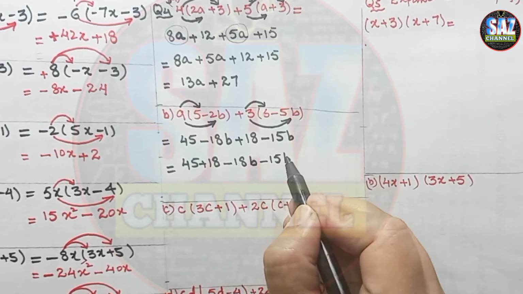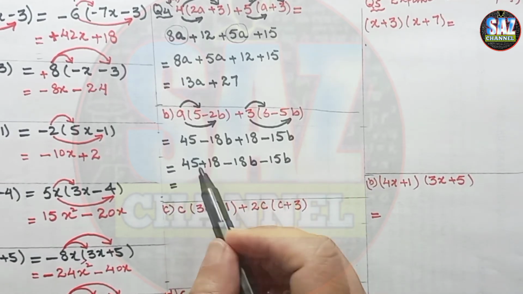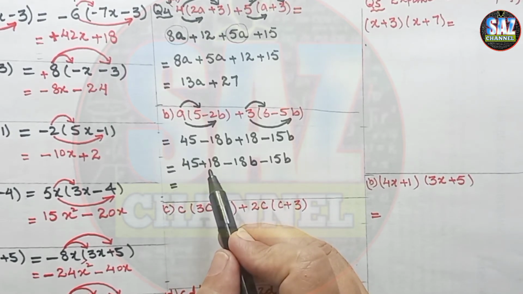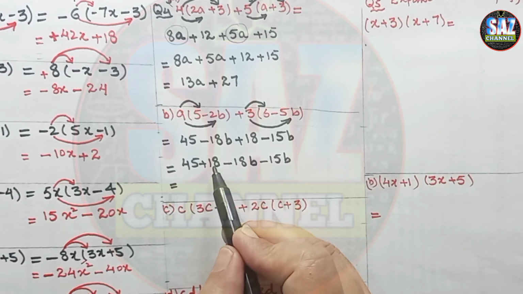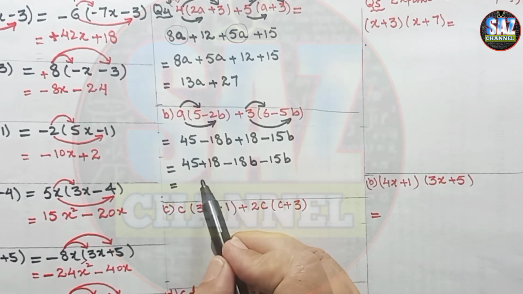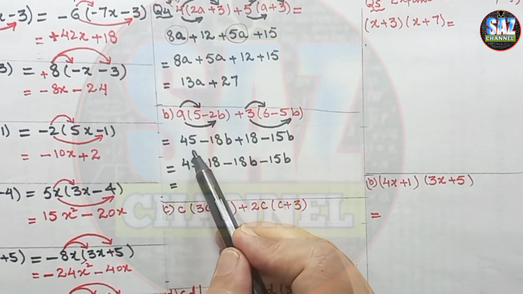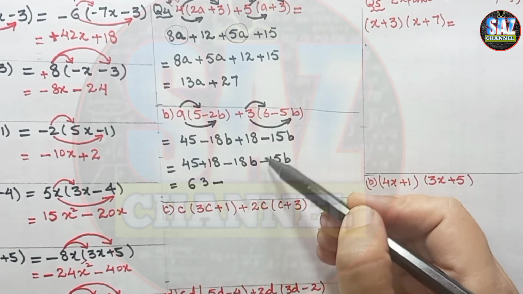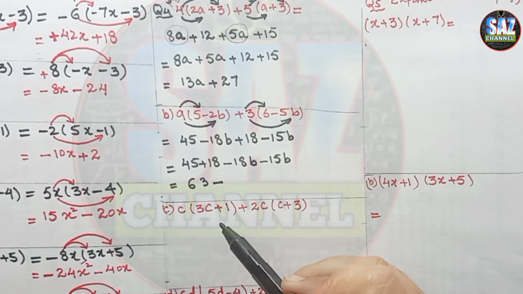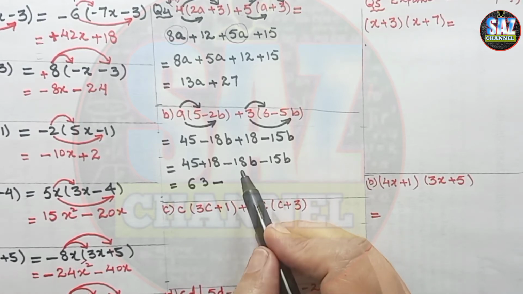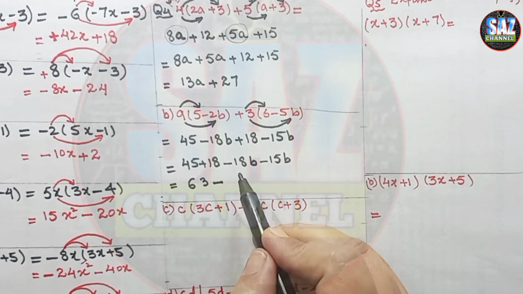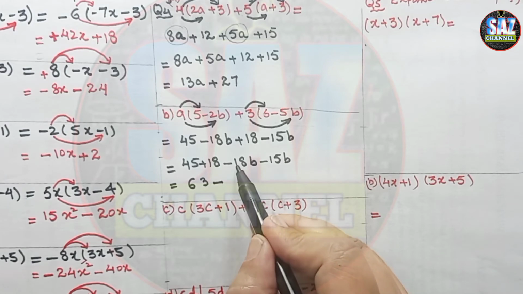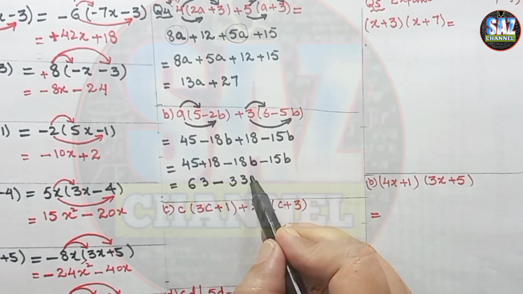After writing the like terms next to each other, solve this expression according to the sign. 45 and 18 are both like terms, they have the positive sign, so I'm going to add them up. 8 plus 5 is 13 and 4 plus 1 is 5, plus 1 is 6. Okay, and coming to the b terms, both have minus sign, so I have to mark minus sign here. We have like terms here with the same sign, so I'm going to add them up. Again, 8 plus 5 is 13 and 1 plus 1 is 2 and 1 is 3, 33b.